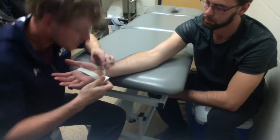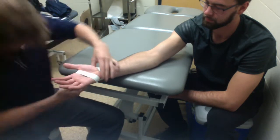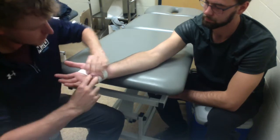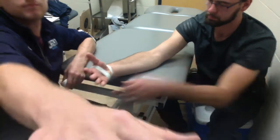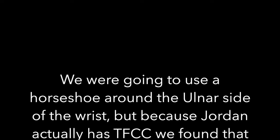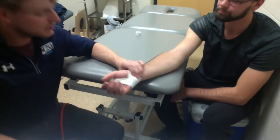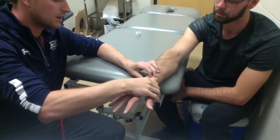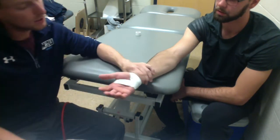And then I'll just put a little bit of tape over here just to close it so it's not moving around. Okay. How's that feel? Yeah. Okay, cool. Okay, so I just finished closing out your tape job to make sure it's nice and sturdy, making sure I didn't go over top of the wrist joint so that you still have full range of